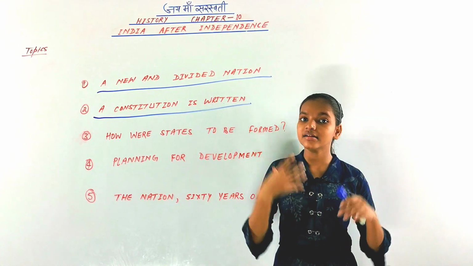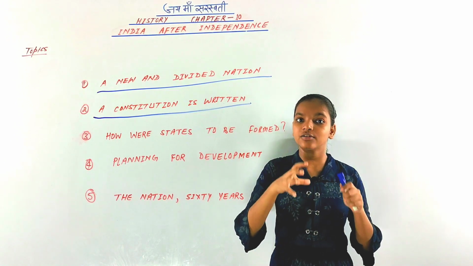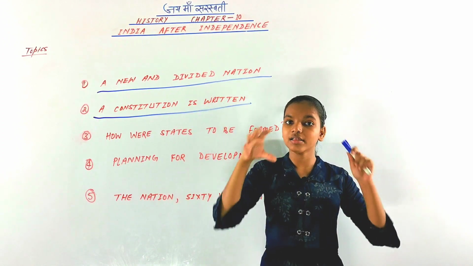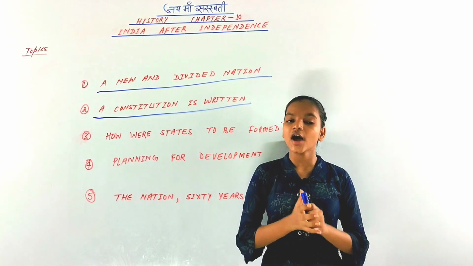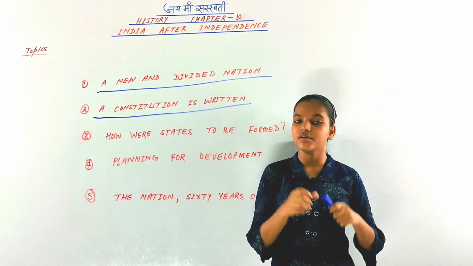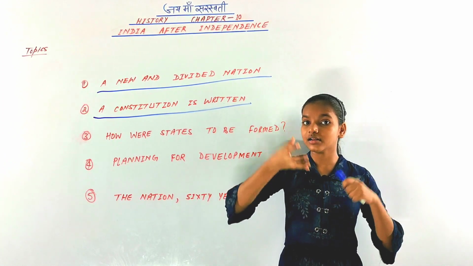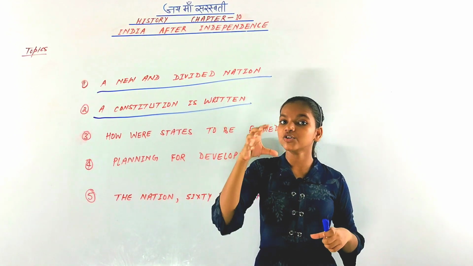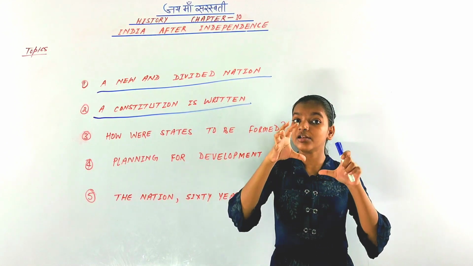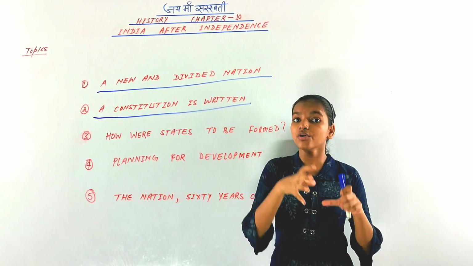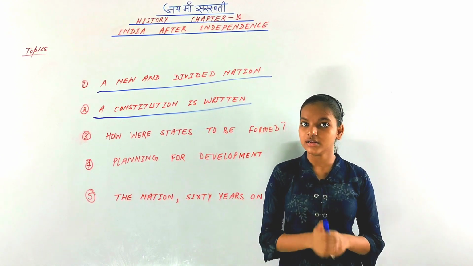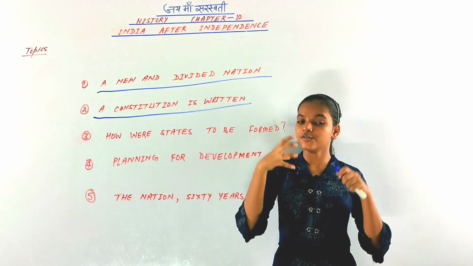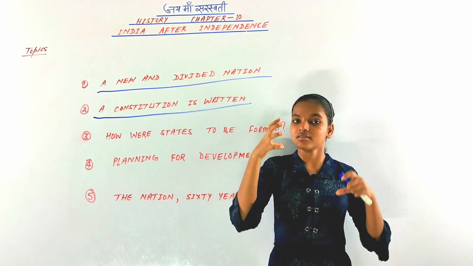Many leaders suggested that the central government was for the whole country, so we have to give all the power and authority of India to the central government. Other leaders suggested that states should be given autonomy, so that they could feel more free. That was a major problem, and we dealt with it in a different way. We made a solution.